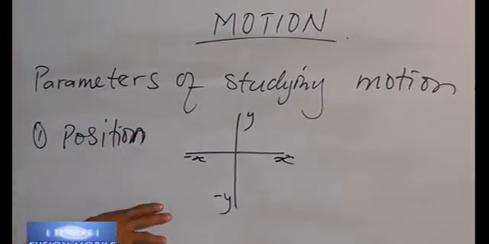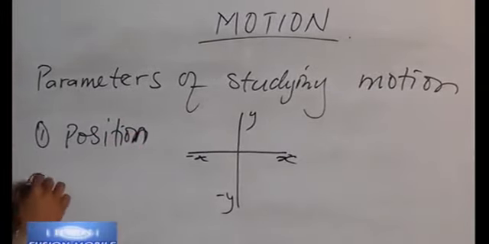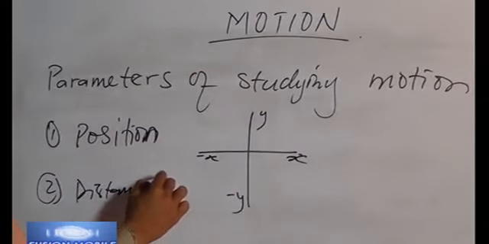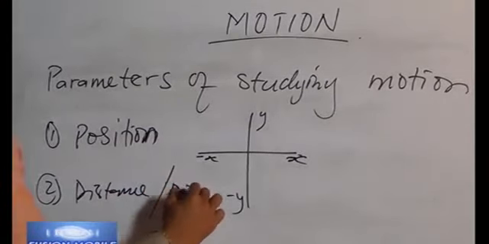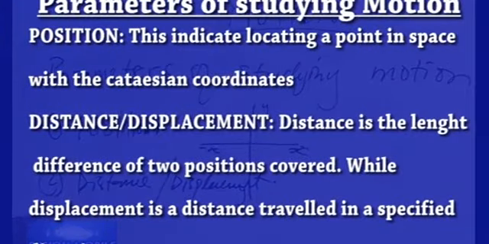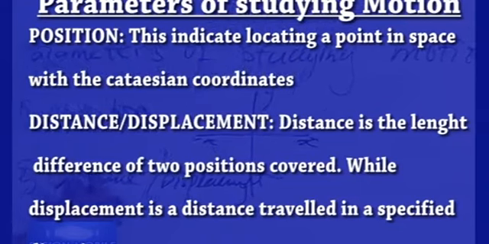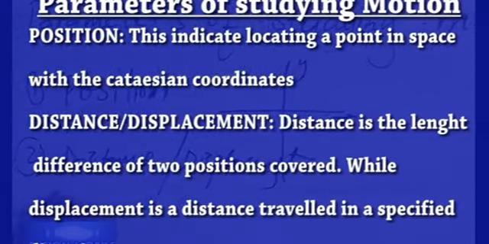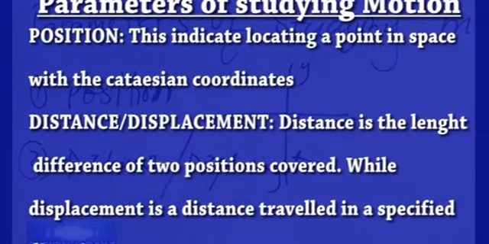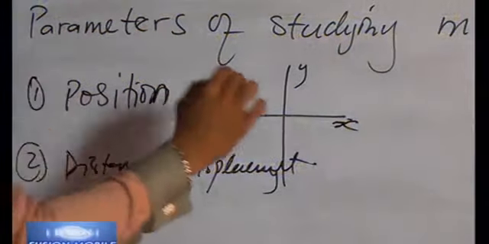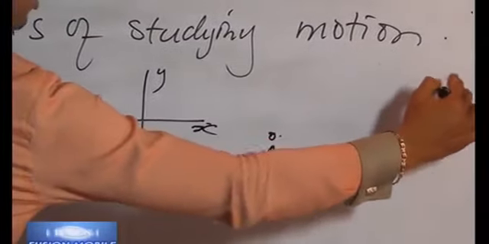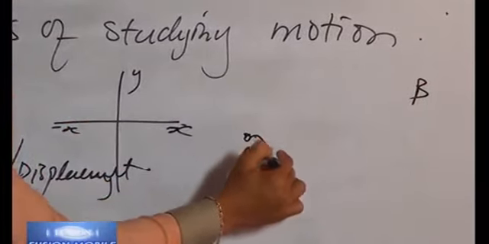Secondly, we talk about distance or displacement. Both look alike, but they are not the same. Distance is the length difference of two positions covered through the path of the motion. Example, if I have someone that moved from A and head on to B, and maybe the person moved through this path